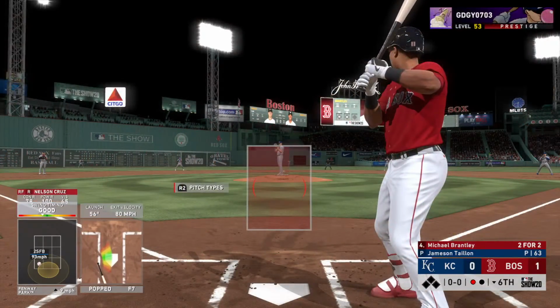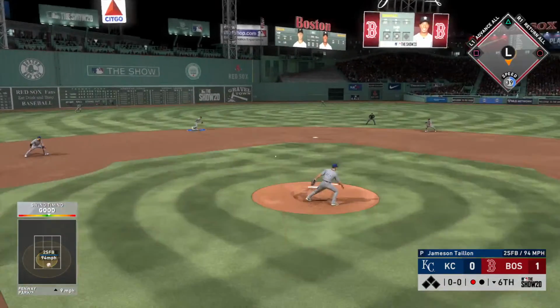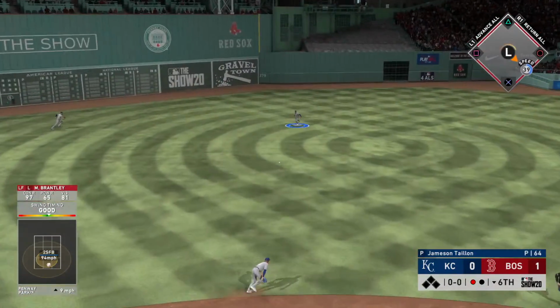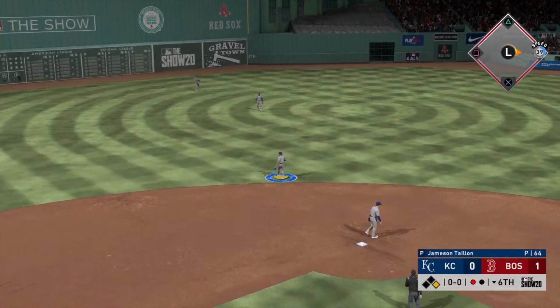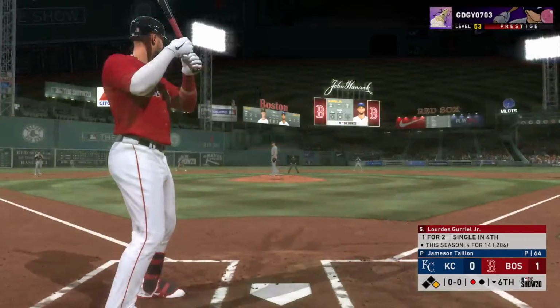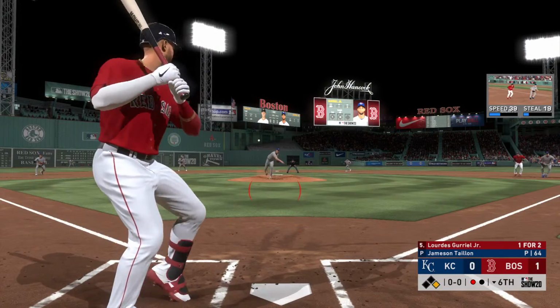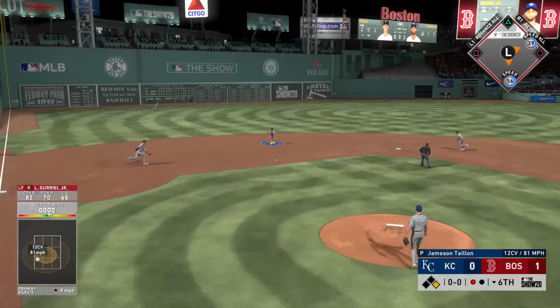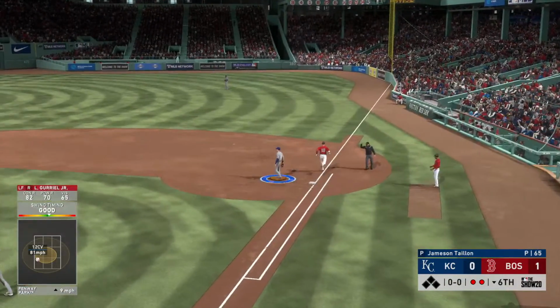And here's the left-handed hitting Michael Brantley. First delivery to him on the way. Back up the middle. And that is through into center field for a one-out single. In now, Lourdes Gurriel, as he grounds one briskly to short. There's Merrifield. Relay to first in time, and just like that, this